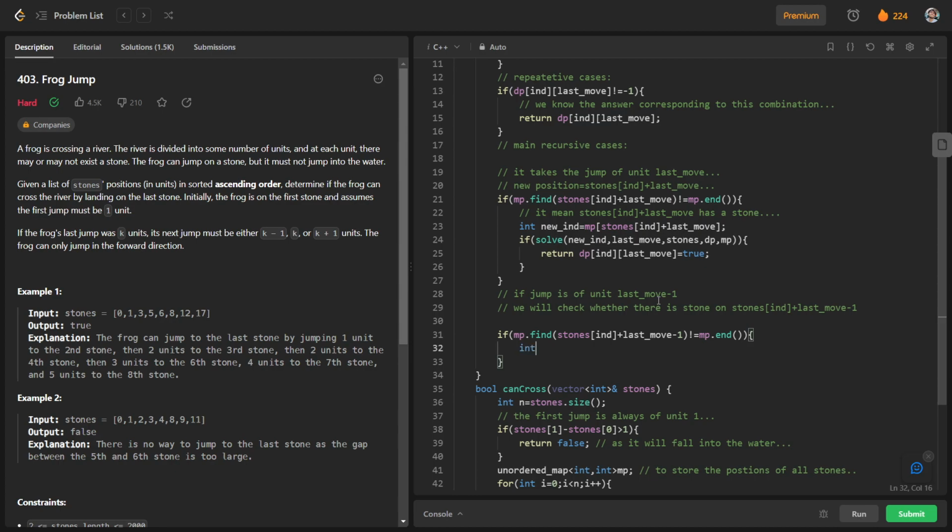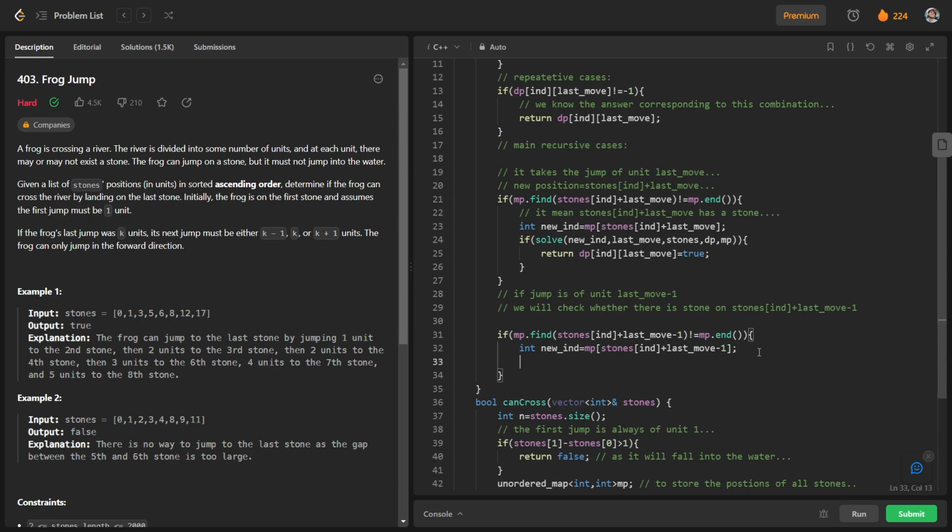So our new index will be nothing but mp of stones[ind] plus last move minus 1. Basically this is the unit of jump. The jump will be of unit last move minus 1, and we will just recursively check for this new index and new unit of jump.